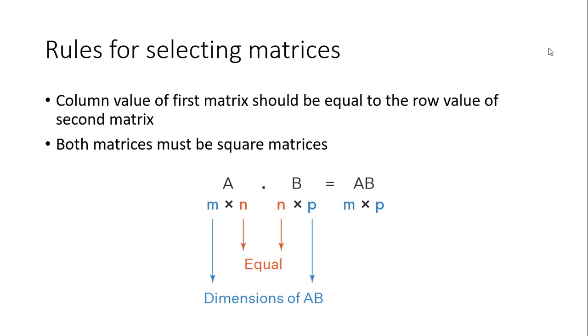For example, you take two matrices A and B. Here we have to do the matrix multiplication of A and B. That means A dot B, the dot product of A and B matrices. Consider the order of the A matrix is m by n and the order of B is n by p. Before doing the multiplication process, we have to check the column value of A and the row value of B. That means both n. They should be equal. Then only we can do the multiplication and we'll get A dot B as the order of m by p.